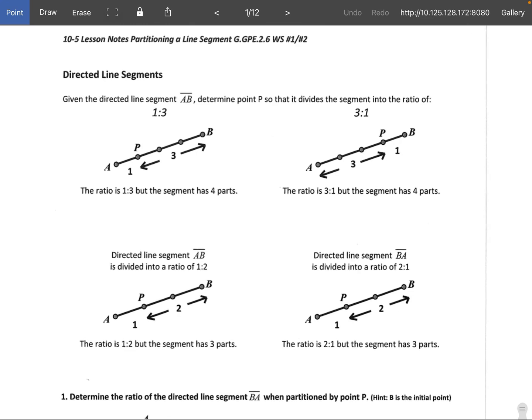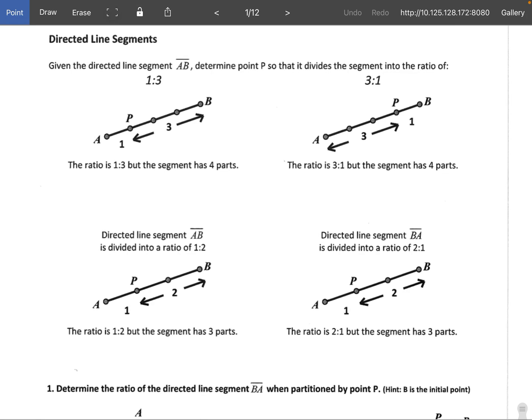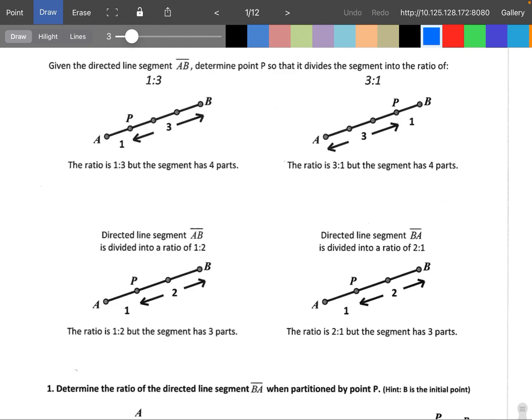So this is a lesson that I used to do back when we did not use MathNation. Directed line segment, same thing as partitioning a line segment. Given the directed line segment of AB, determine point P so that it divides the segment into a ratio of 1:3. So they're giving us the ratio, and it has 1 part to 3 parts, so it has a total